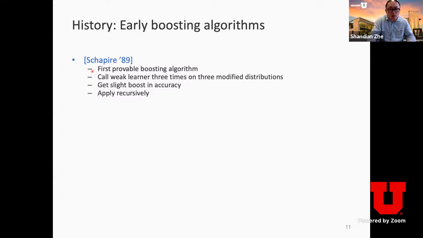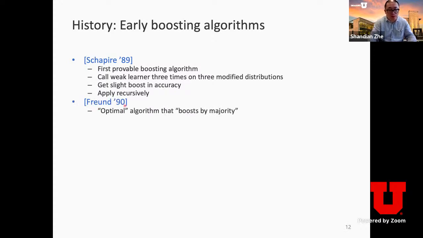He proposed the first provable boosting algorithm, and he called the weak learner three times on three modified data distributions, and it turns out that his boosted learner can get a slight improvement in accuracy, and they apply this